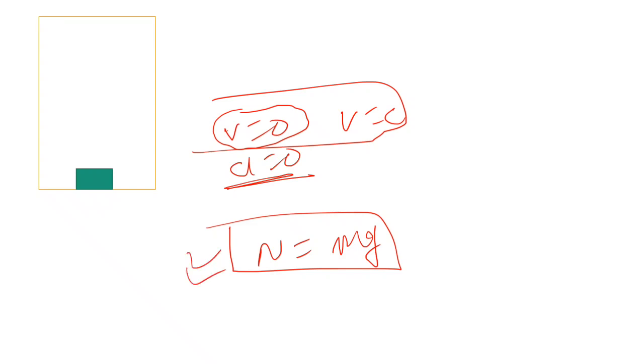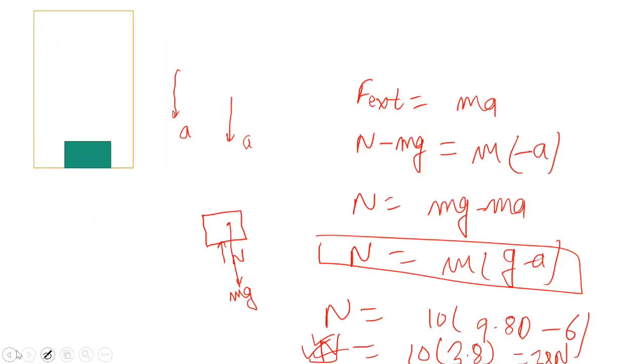We'll see some other cases in the calculation part. Here we have taken a as 6 meters per second squared. If we take a greater than 9.8, then what will happen? We will consider this situation in the next part, because it will take a little time.